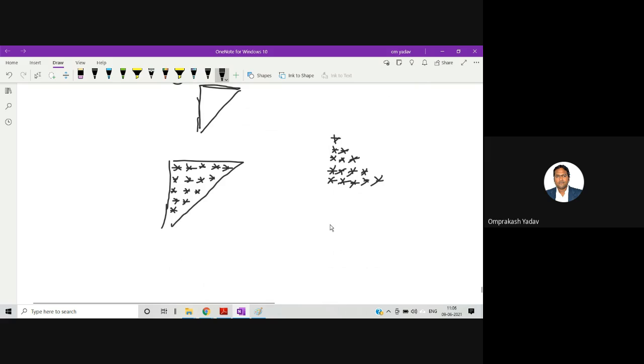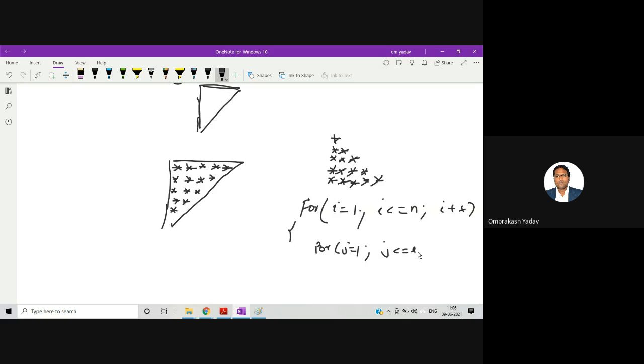I'll just write the for loop. For all the triangles of the first type, we had the same for loop, right? I equal to 1, I less than equal to n, our number of rows, I plus plus, and then j equal to 1, j less than equal to I, right?